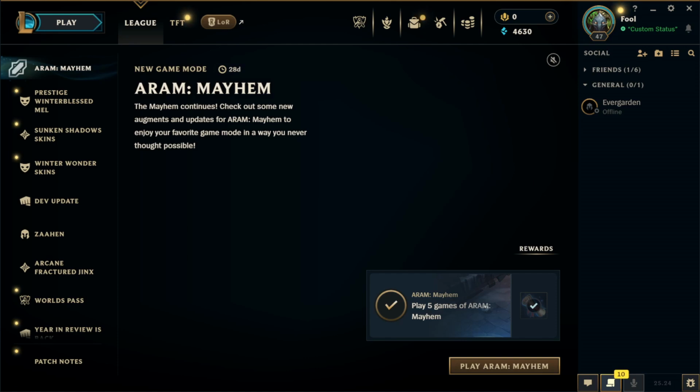Log in, open the social tab on the right, click your status at the top, type your message, and press enter to confirm. With this quick update, you can share a bit of personality or a helpful note with everyone on your friends list,